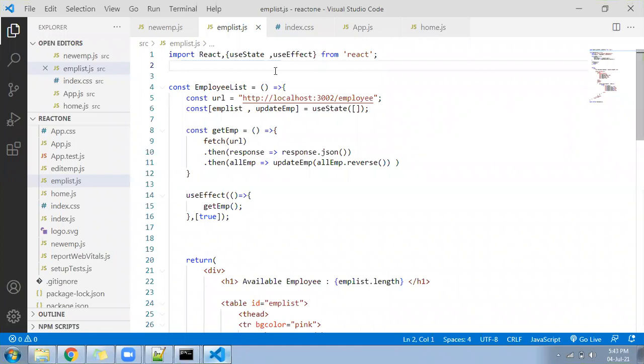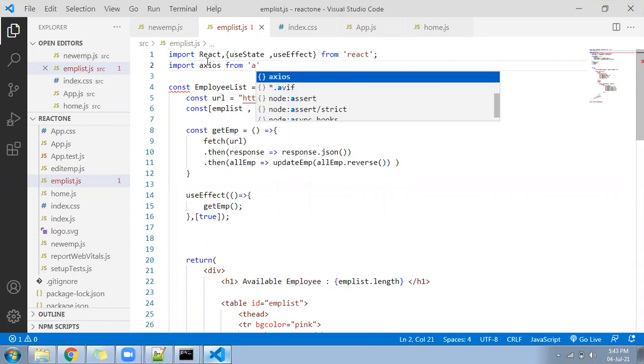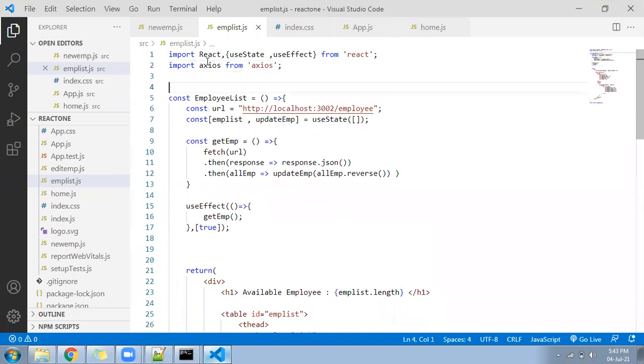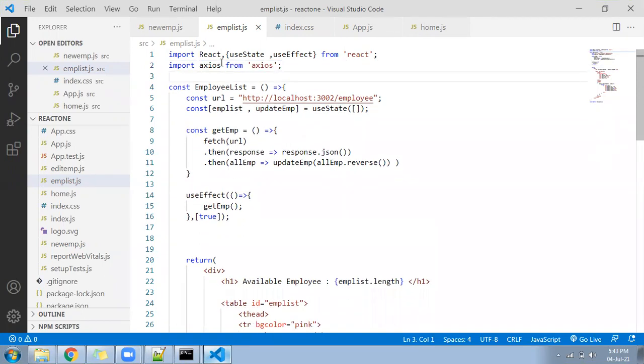So your page was still here that you implemented last video. Now here, you write import Axios from Axios. I believe you have already installed this as per the previous second video. Axios we imported.